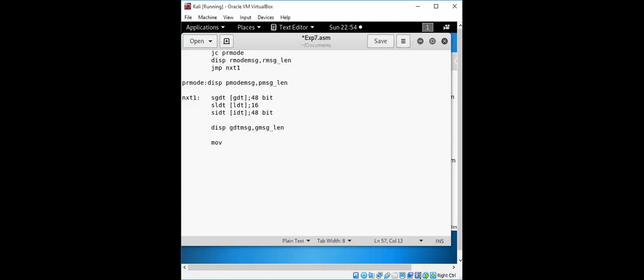Therefore, move bx, additional bit, which will be in the form of limit bit, with the 4-bit additional, which we are going to have for the limit. So it will get the actual values.